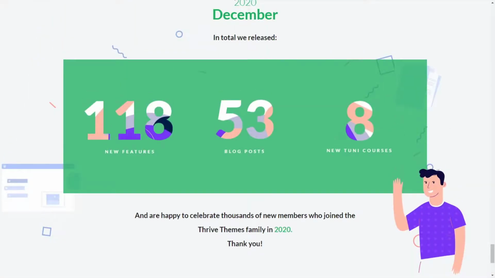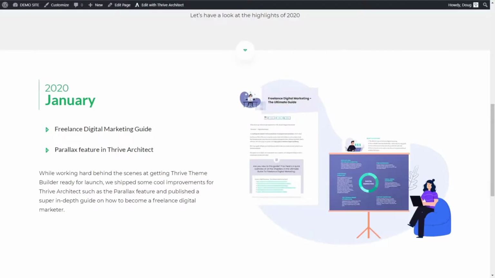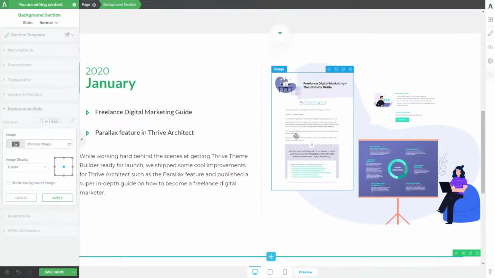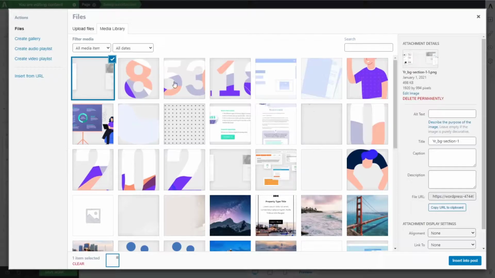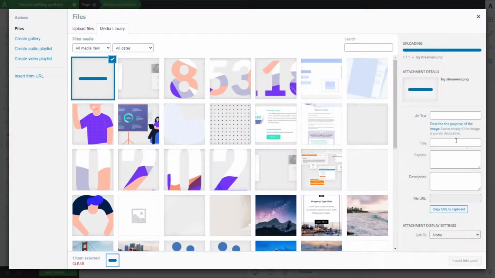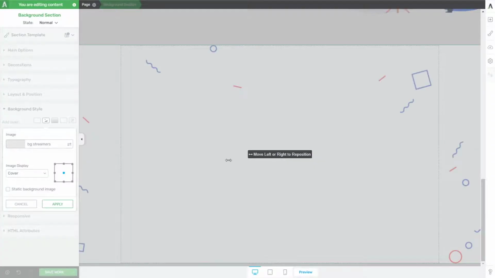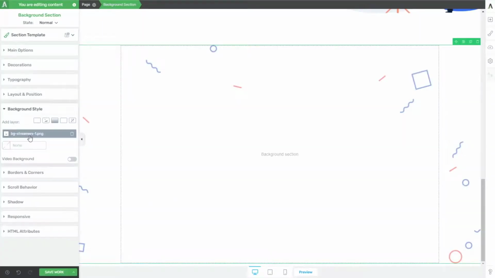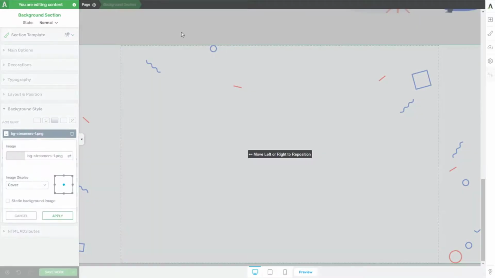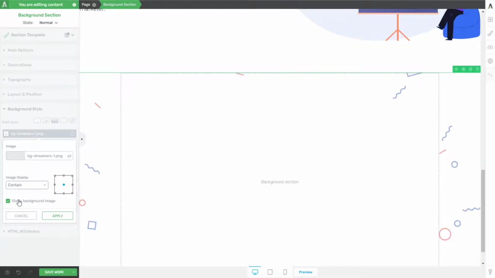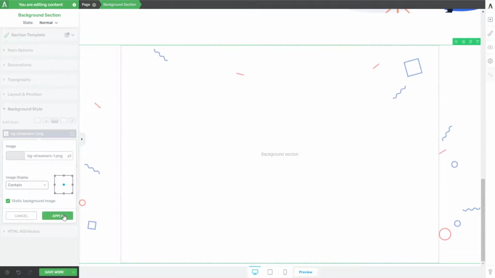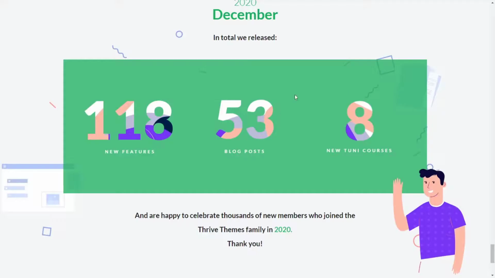So let's jump back into our document here, closing out all my extra. There we go. So let's go to our next background section and let's add in a background image. I have to drag it in and upload it actually. It's a little streamer effect. Let's insert that. That looks good. Hit apply. If you remember, we actually have a static background effect. Let's do contain. That looks good. Now I believe we come over here. We have another